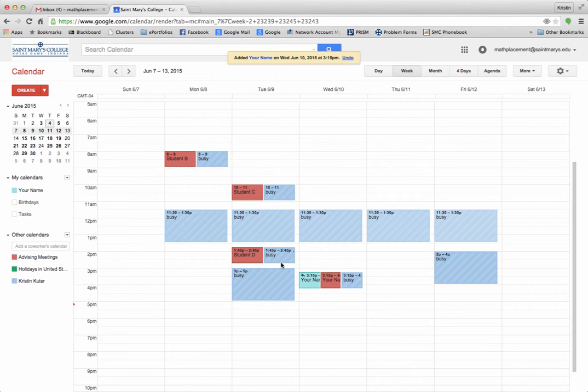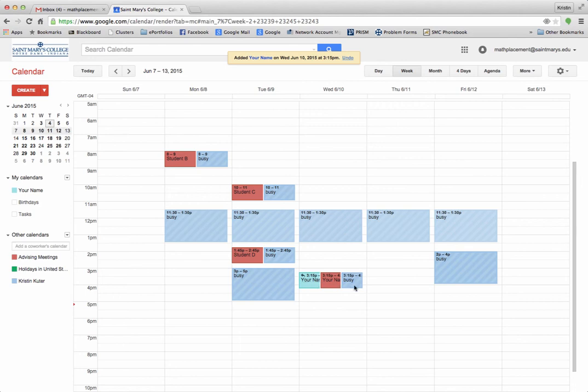And then notice what happens in the calendar. We've now got 3 colored boxes in the time slot that we just chose, 3:15 to 4:15 on Wednesday, June 10th. So what is this telling us? This is telling us that this event has been added to these 3 calendars, right? This teal colored box was corresponding to the calendar for just your account, so your personal calendar. The pink is what we really wanted to add it to, which is the advising meetings calendar, and then the blue is that it's been added to my calendar so that